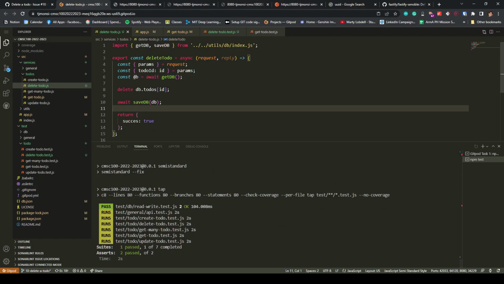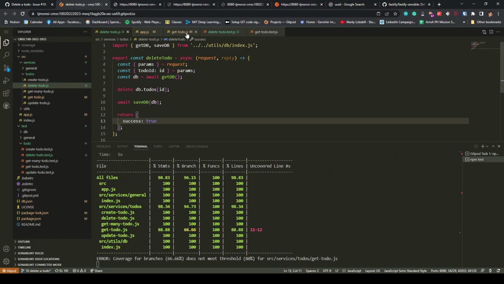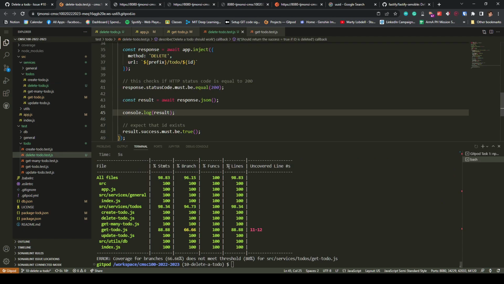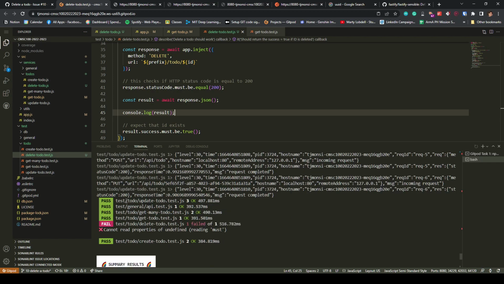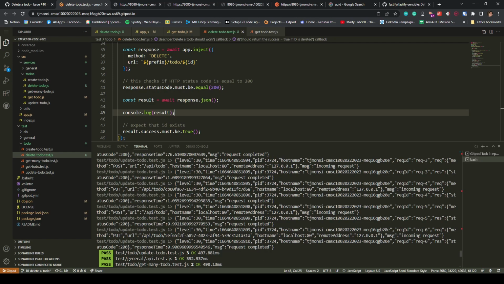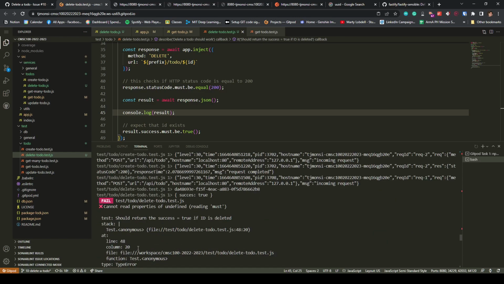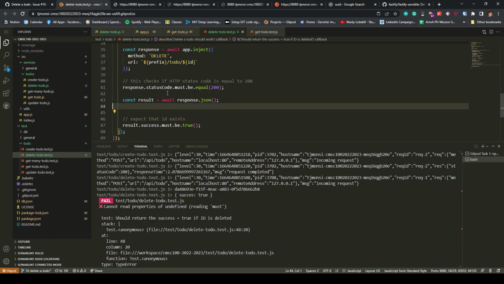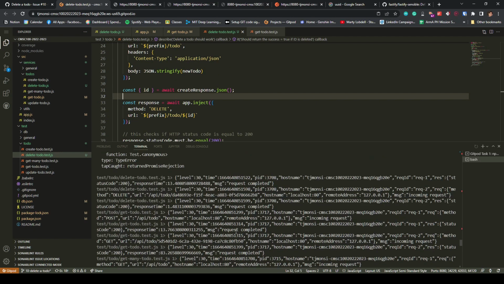Unless I made a problem. Ah, S is missing. The result is, where is that? Just going to check. There, it's just one S, and I'm checking two S's. So it works now,